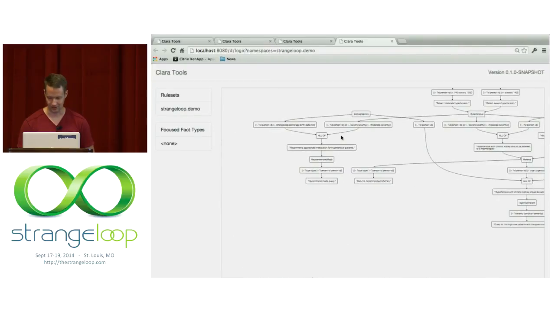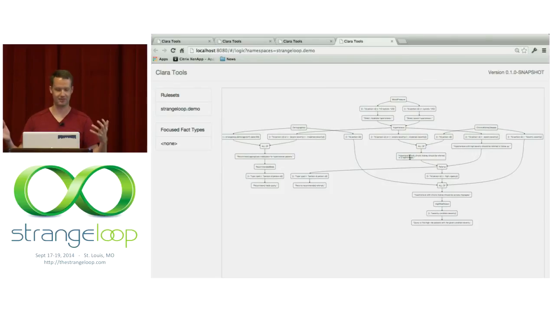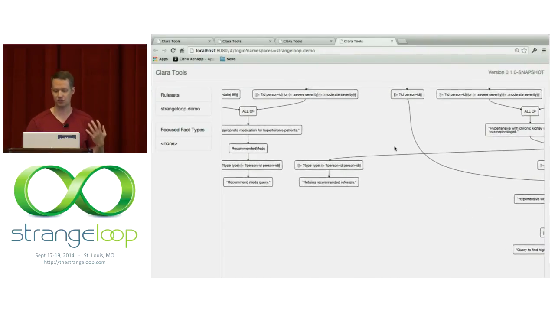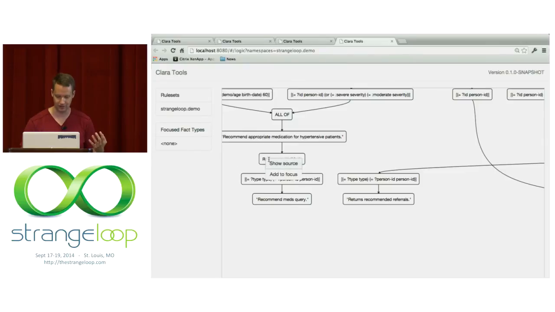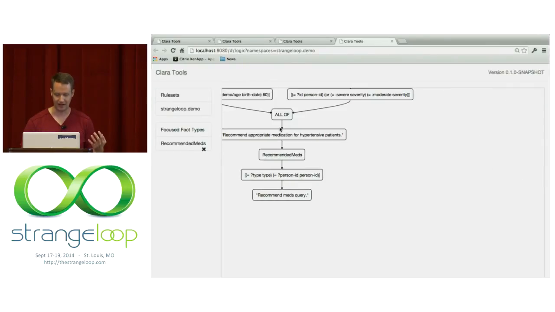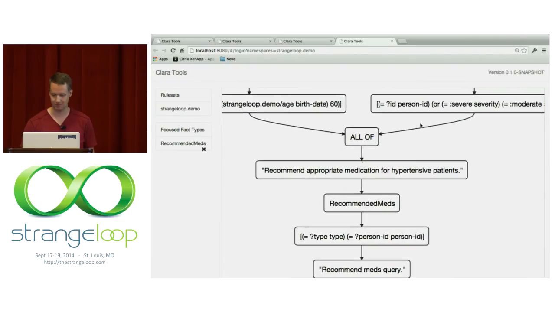So actually this is by itself. I'll zoom out to show the kind of complexity. This is the complexity of the rules and their relationships. So this alone, we're not going to make much sense of this. But the nice thing is that since our rules are data, we can manipulate that. So let's say I wanted to zoom in, particularly on how medication recommendation occurred. So suddenly I have something that's more manageable.